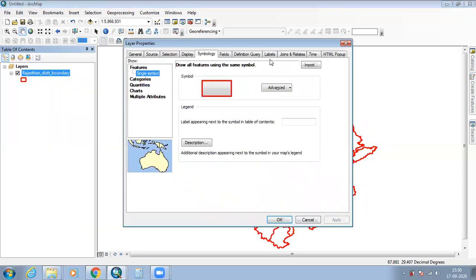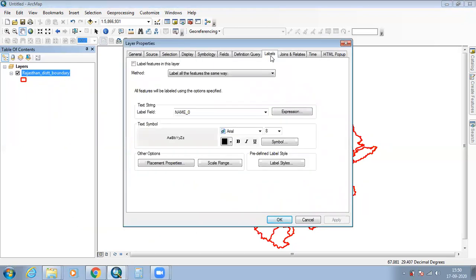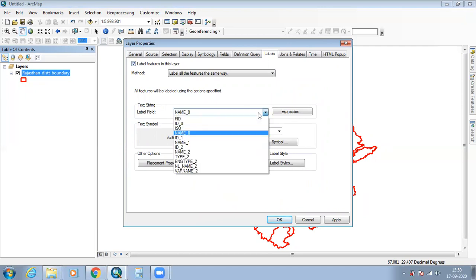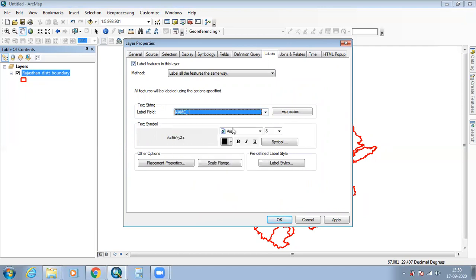Properties, then Label, then we can give the label feature in this layer. Then for the text symbol and text font, we can take the font as bold.